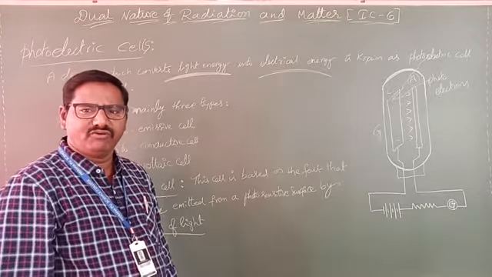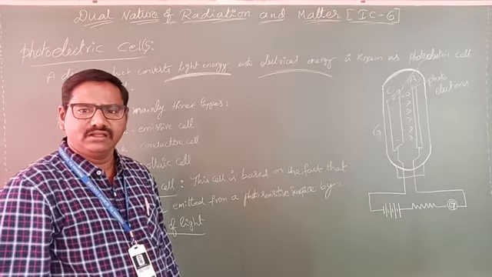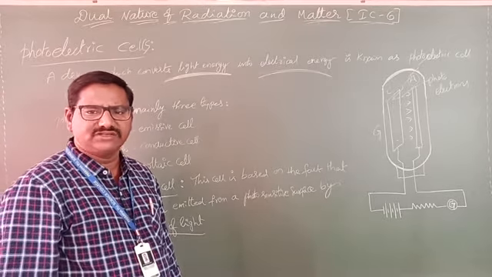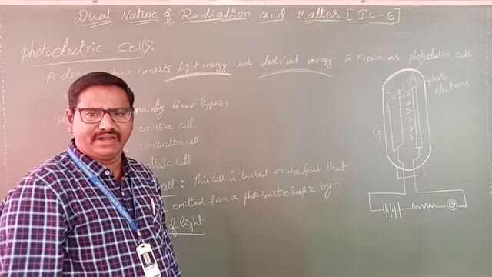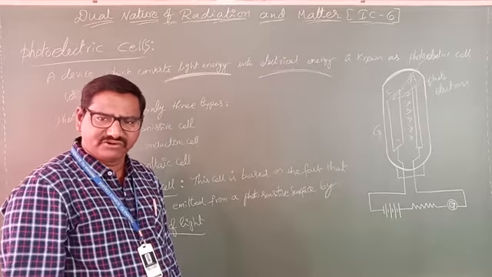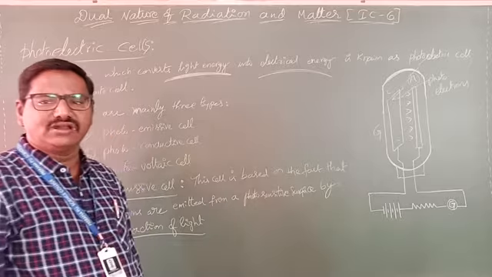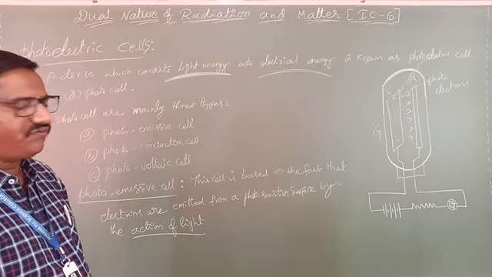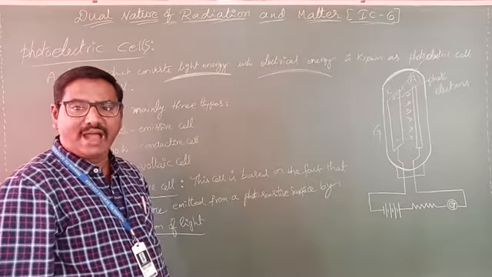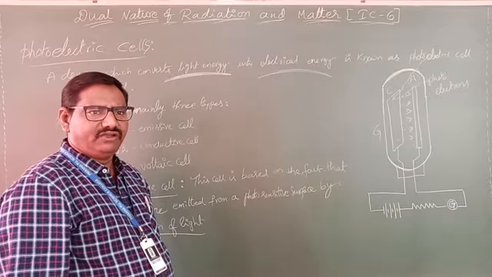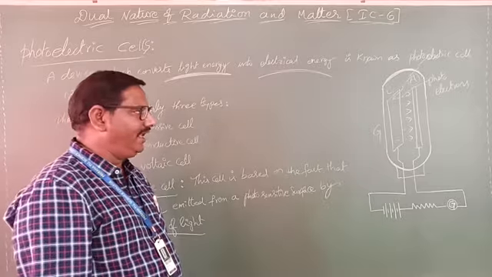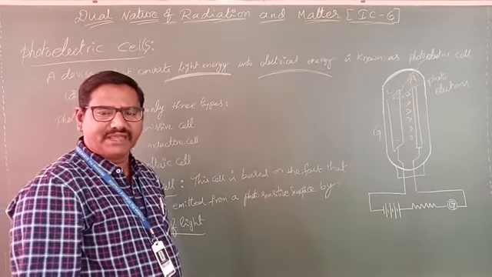Here I am asking one more question. What are photoelectrons? Nothing but the electrons which are ejected from photosensitive material. The electrons ejected from photosensitive material are called photoelectrons. These photoelectrons are ejected with the help of incident radiation whose frequency is above the threshold frequency. Then only are electrons ejected from the cathode.